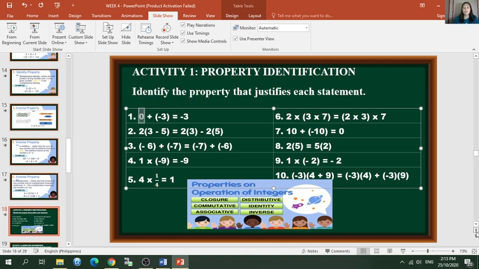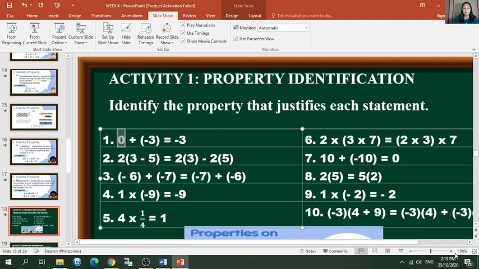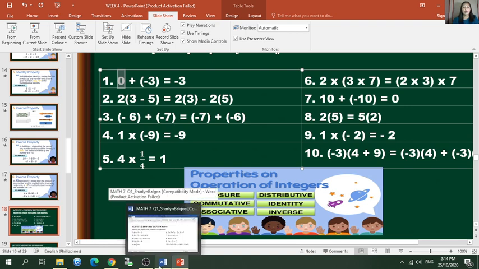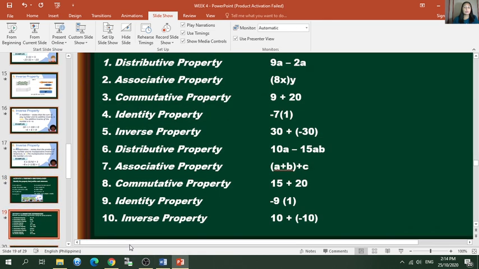Okay, so your choices are the following: closure, commutative, associative, distributive, identity, and inverse. So you go over your activity sheets, the explanation on the properties, or your video. Okay? Next, let's go to